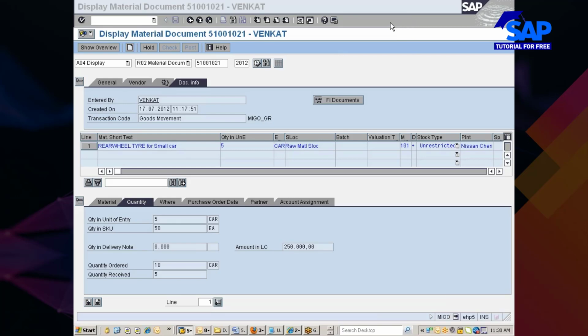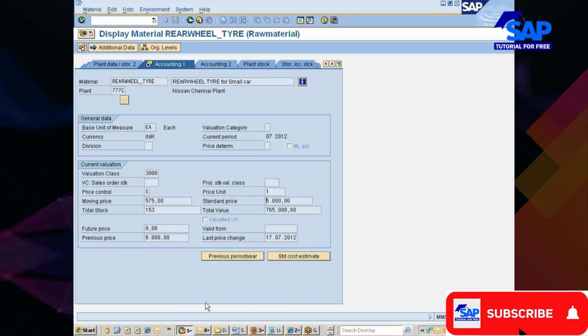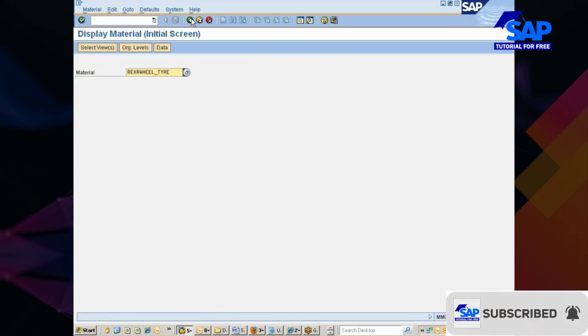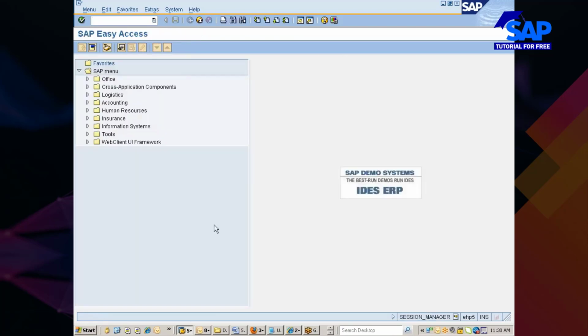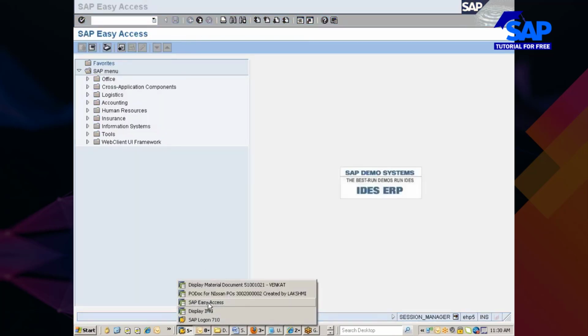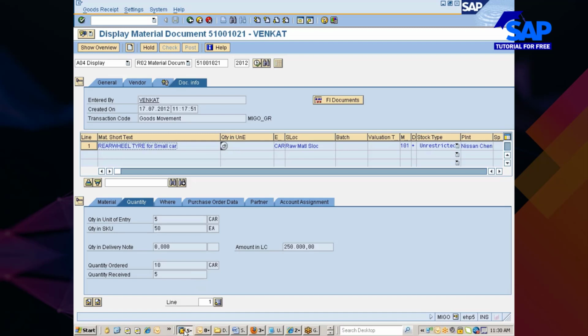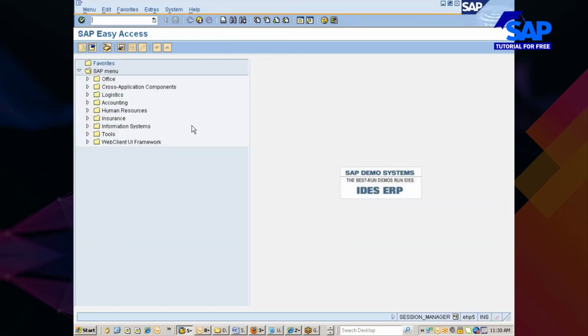Sir, there is a table name. Yeah, there is a table name called NAST. Can you just let me explain what is the use of the table NAST? NAST is the output message. Do you remember the message type determination or output type determination? We worked with condition technique, right? So NAST is a configuration table,